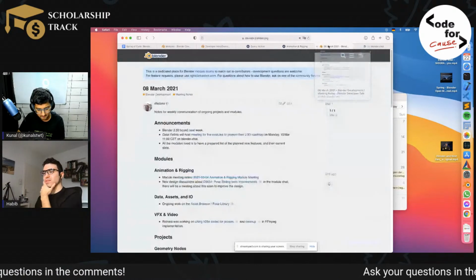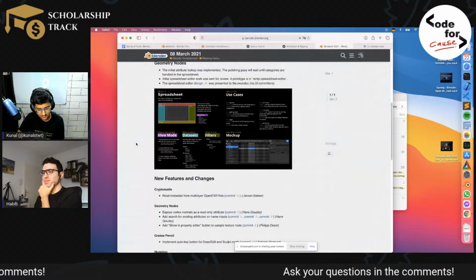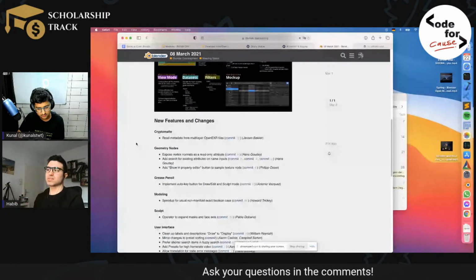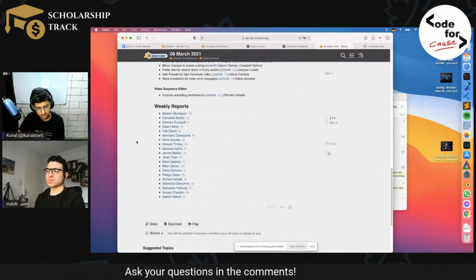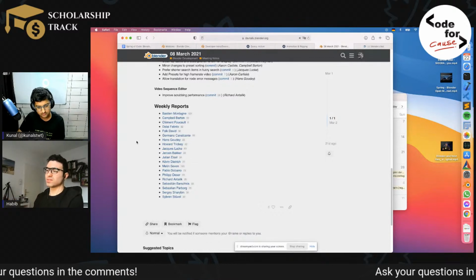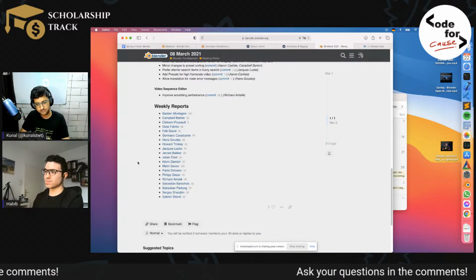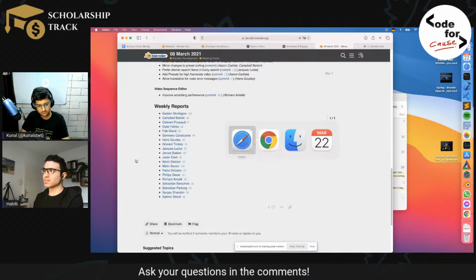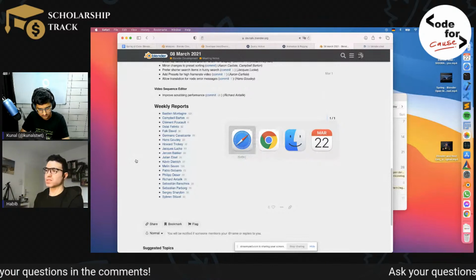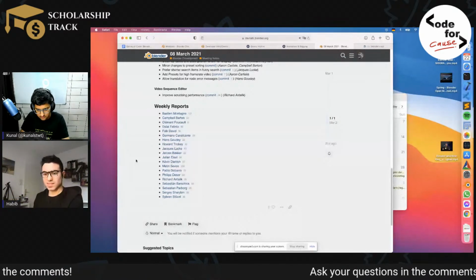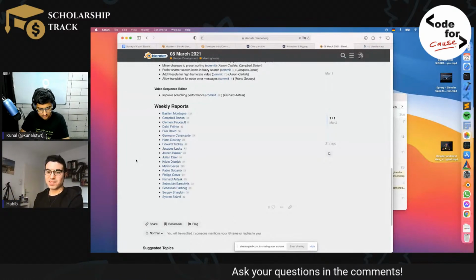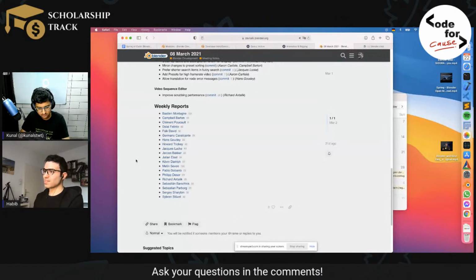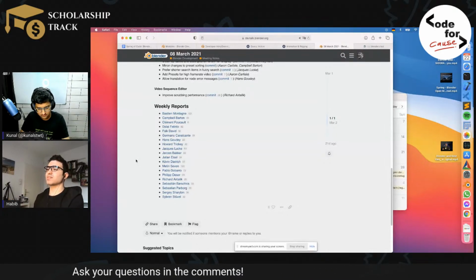So yeah, once you've gone through the meeting notes, I think the whole idea here is really to introduce you to the whole process, so that you can find your first task easily. You know what's going on, and ideally you would identify with an area and say, I really like 3D, or I really like compositing, or I really like Python. And then you would start there.